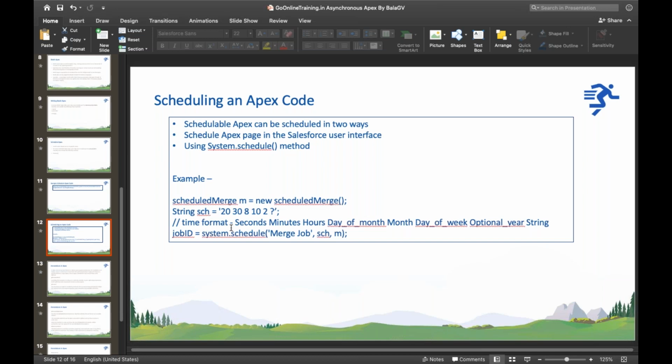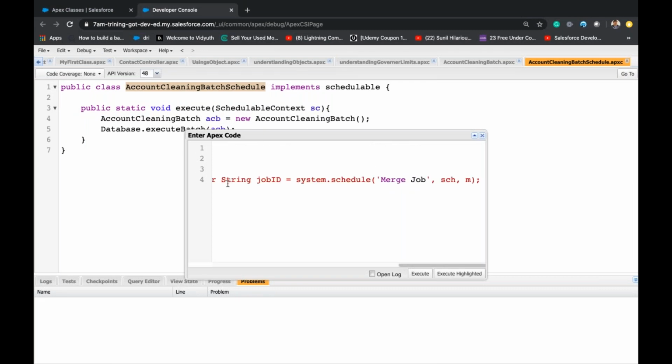So this is what the format is actually. I'll just copy paste from here so that it will be easy for us.